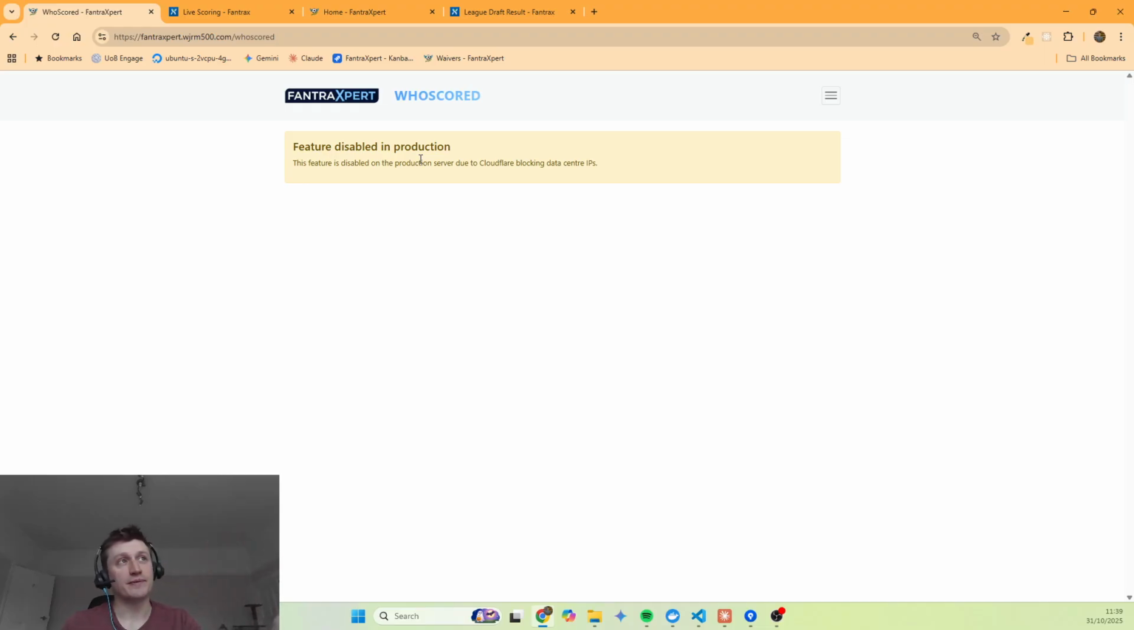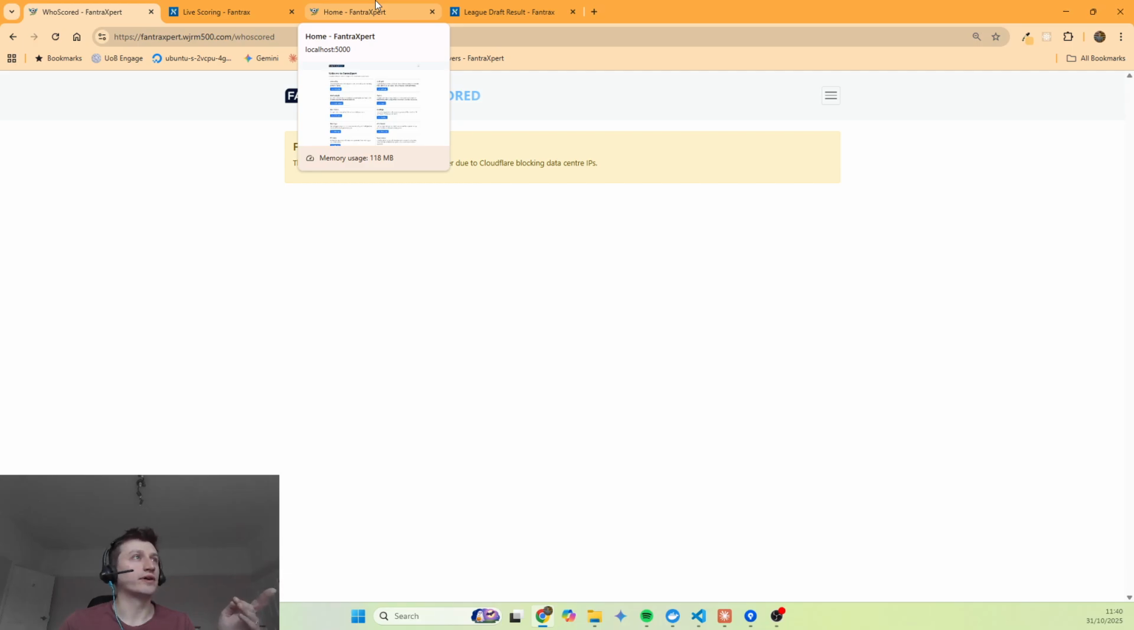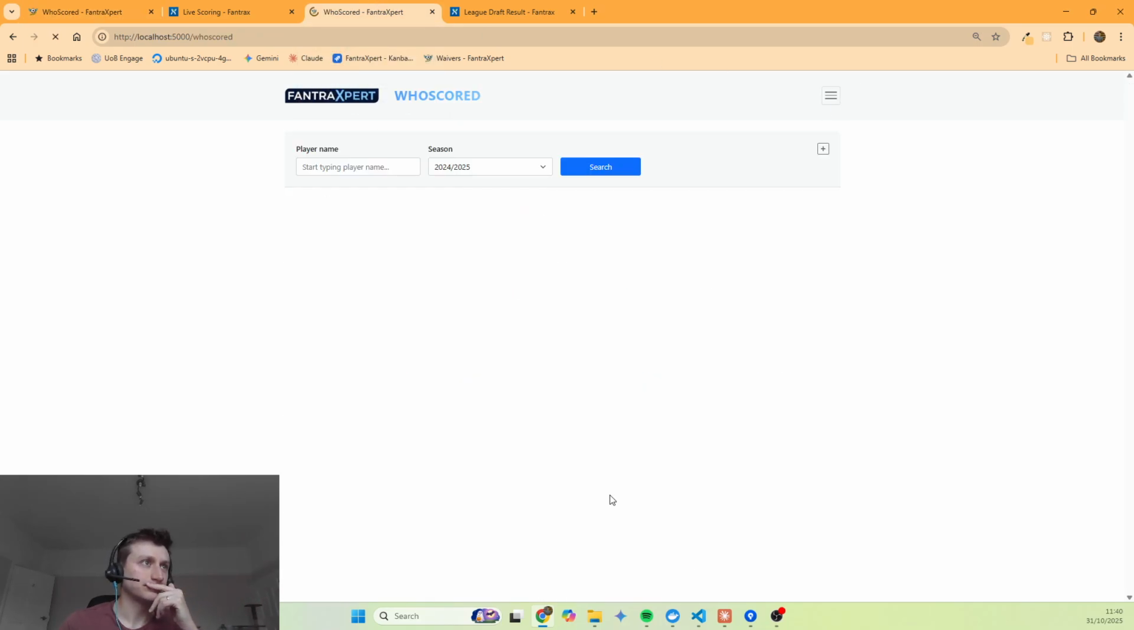So this page doesn't actually work on the FantraXpert website, and that's basically because of Cloudflare blocking data center IPs. The WhoScored website has this Cloudflare protection, and it's able to recognize when requests are being made from IPs associated with data centers, such as DigitalOcean. The web server that I'm serving this on is a DigitalOcean web server, so I guess it's in some data center somewhere. And anyway, it's blocked. But that's why I've got it open on my local machine,